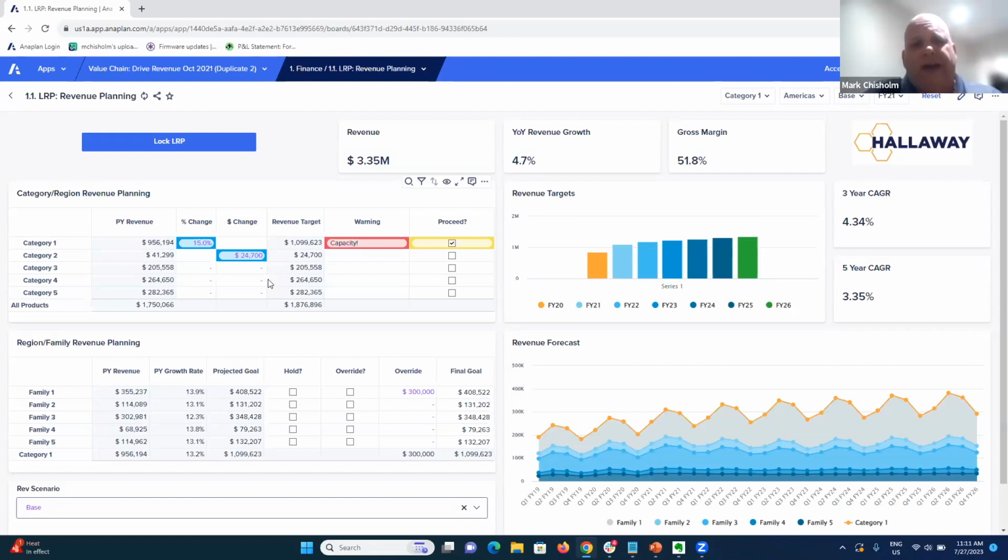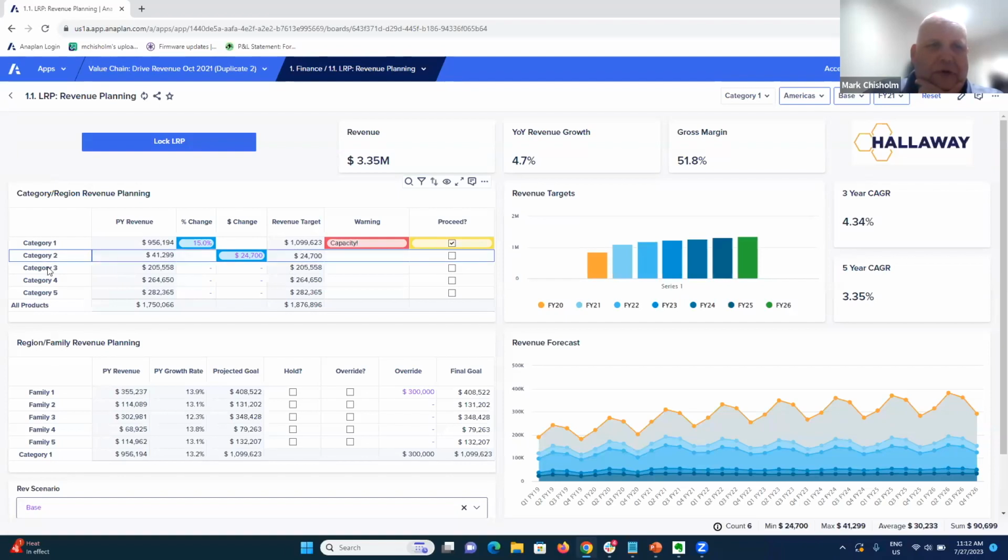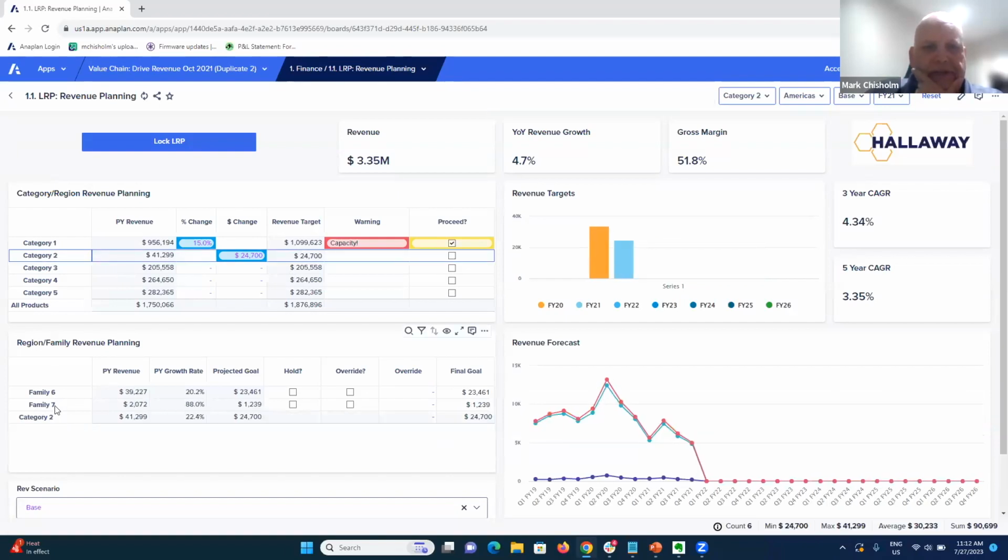So in this case, from a finance point of view, we have a dashboard that has the ability to do cascading long-range planning, where essentially you have different product categories, and we've got access to prior year revenue, which has come from our ERP system. We've got the ability to enter things like percentage changes or absolute dollar changes, and be able to set a revenue target. And for a given product category, you can see that there are different product families. So this is like a multi-level planning example,